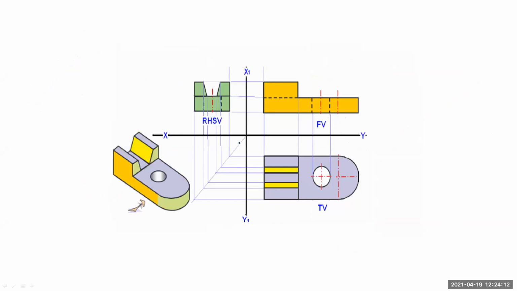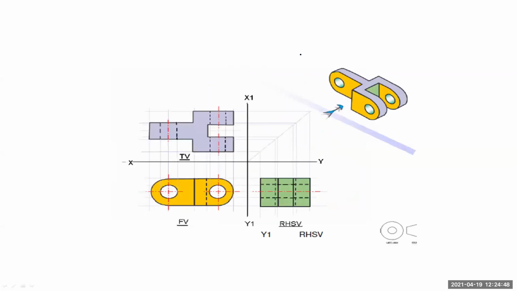This we have already discussed. This is one of the examples. The thing that you can observe here is that the center line is shown here in red color. This shows that there is one hole over here. Now here also one center line is there. This center line tells you that here you have one circular arc, a semicircle. So for that center point, this center line is drawn over here. Okay. This is another view of one of the examples.